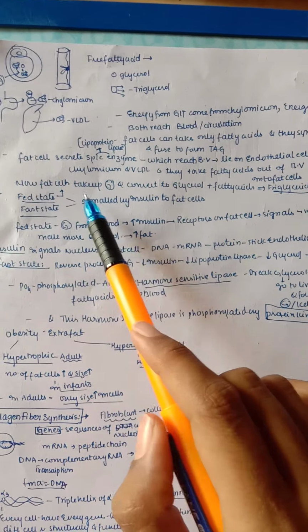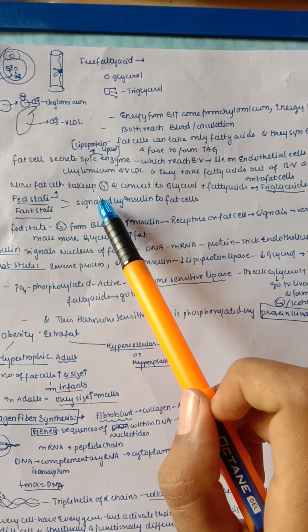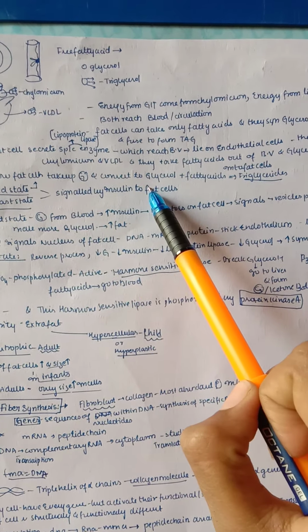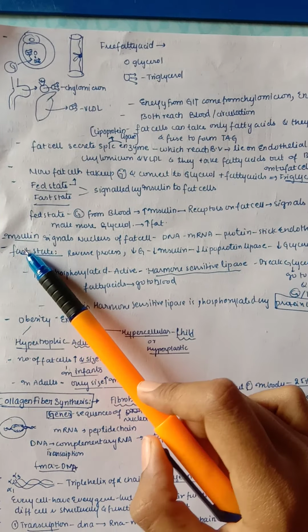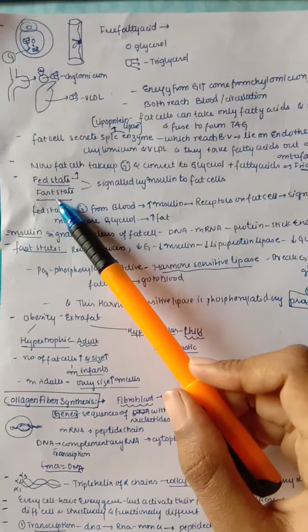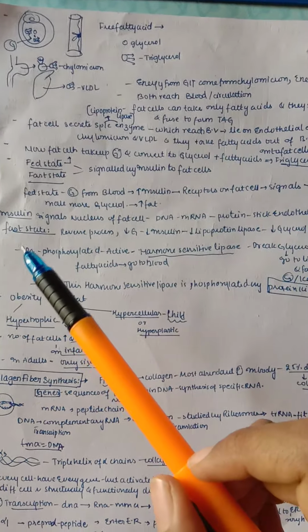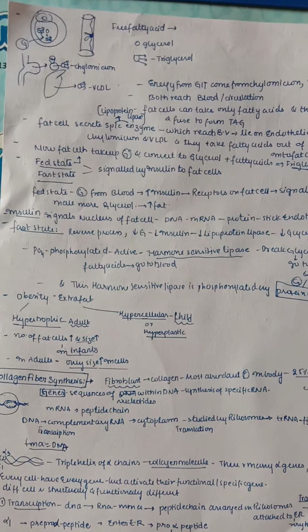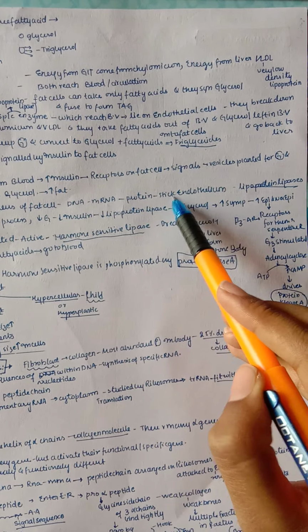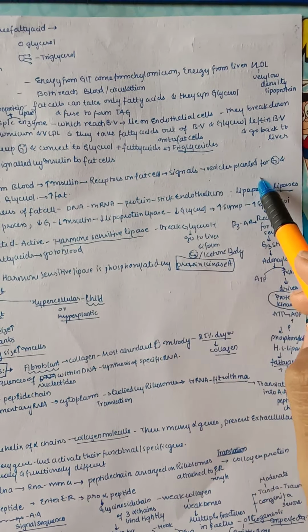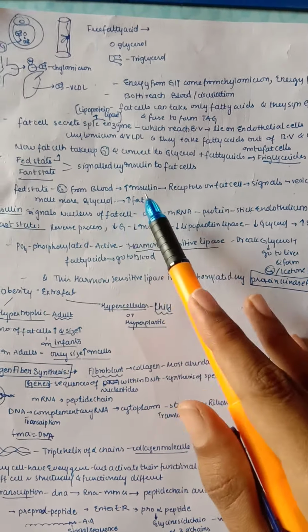Next, the fat cells take up glucose, convert it to glycerol, add fatty acids and form the triglycerides, as we discussed. There are two states we know: when we have fully eaten and the fasting stage. All these are signaled by insulin to our fat cells. In the fed state, whenever we have eaten more, the glucose in the blood increases the insulin, and the receptors on the fat cells give signals to the vesicles, which are planted for glucose, and make more glycerol, that is increase fat.